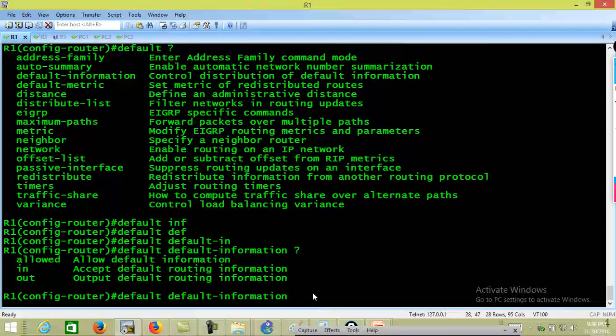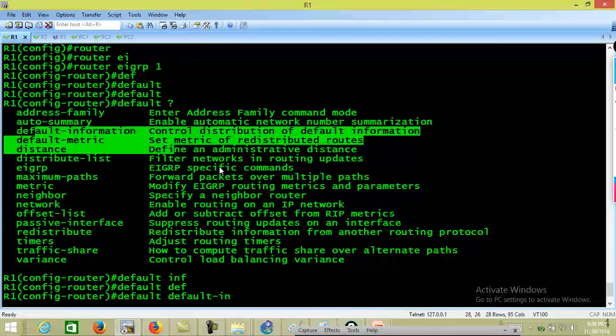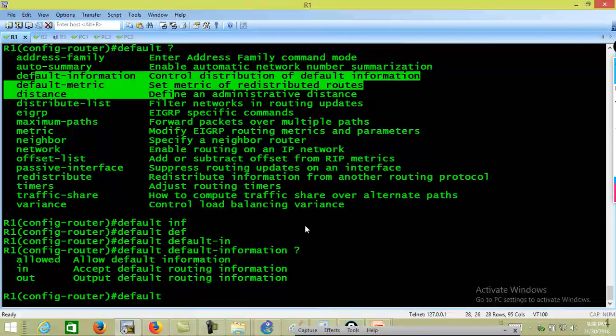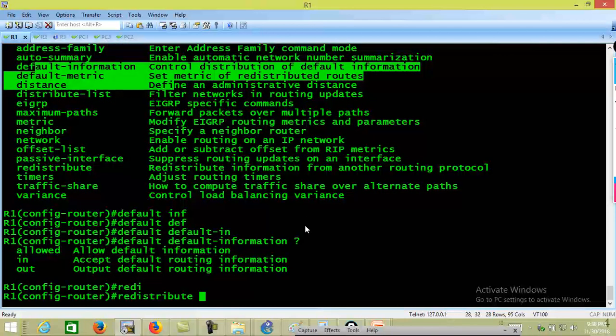You can see that the command is not even supported here. So with EIGRP you do redistribute static,